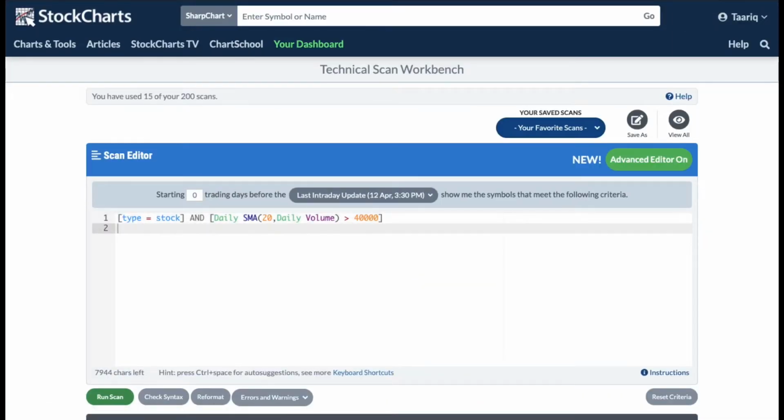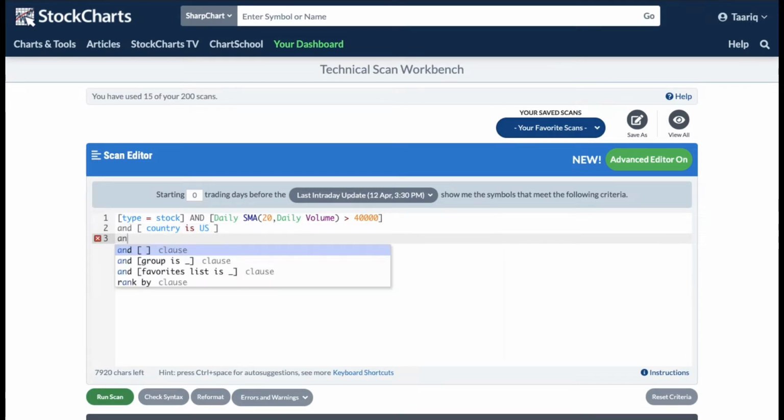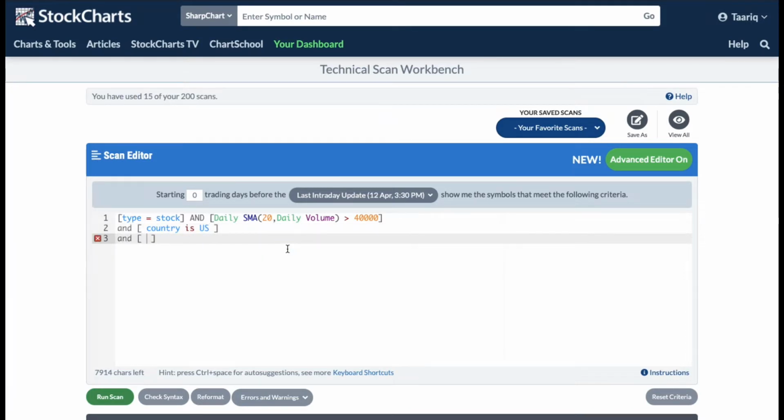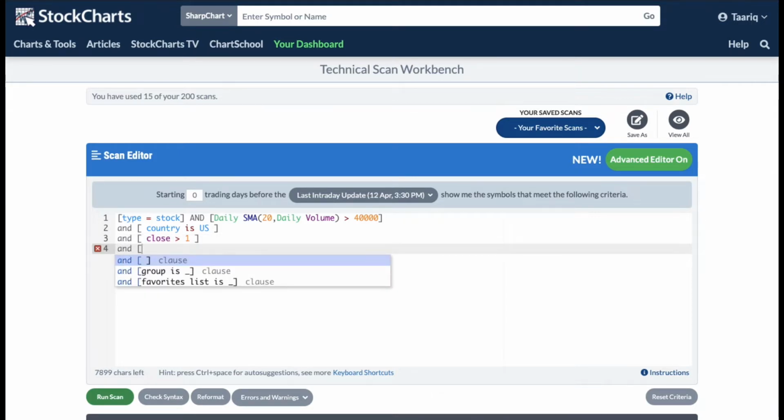Like always, we want the type to be stock. I'm going to add some parameters to make things cleaner. So country is US. And there's a way to set this as a default if you want to, but I just prefer to type it in because I don't use it all the time. Country is US, and we want the close to be greater than 1 and the close to be less than